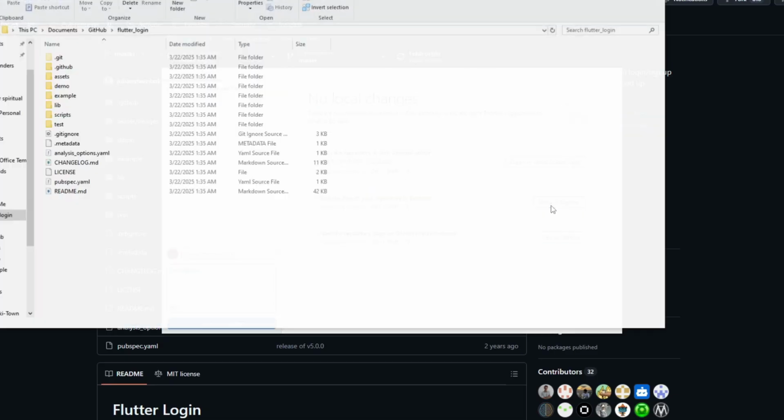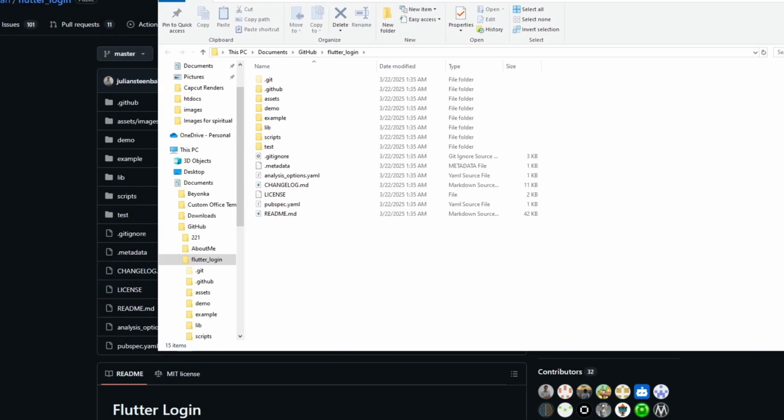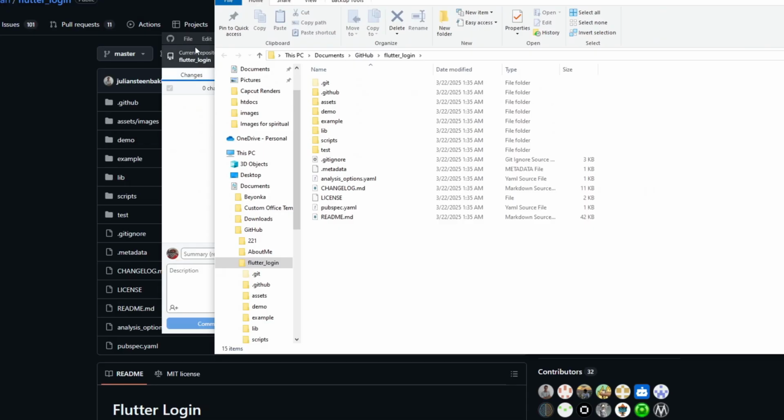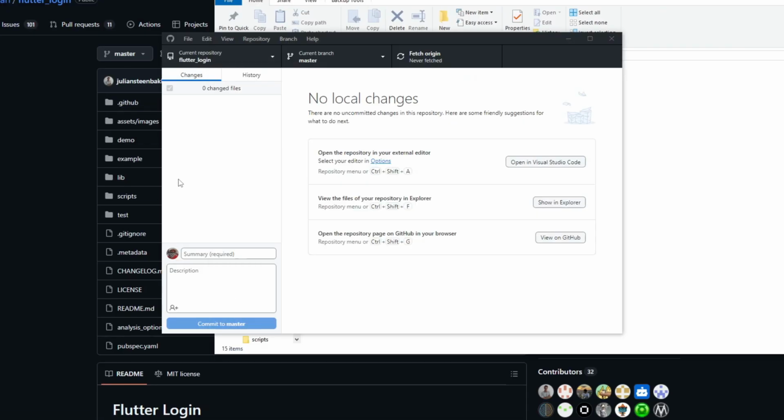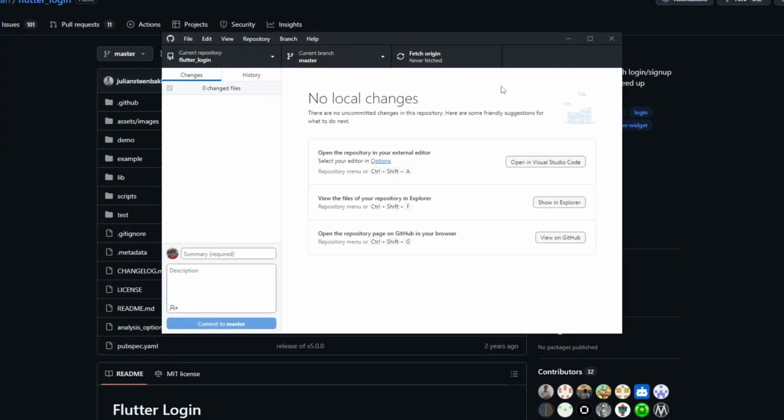And so if I click on show in Explorer, once again, we can then see that we have successfully downloaded each file from the repository itself. Now, to edit these files right here, we can navigate back to the GitHub application, click on the open in